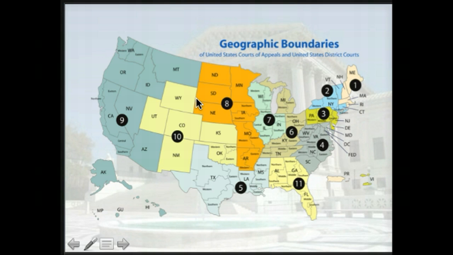Now, this is the map of the geographic boundaries of the district courts and the circuit courts. I told you that Texas has 4 different district courts. Texas is divided into 4 different districts, and each one of these districts has one federal court. Virginia has 2 districts. We have an Eastern District and a Western District. If you violate constitutional law in the state of Virginia, you have to go to a court in Norfolk. That's where our federal court for the Eastern District is located.